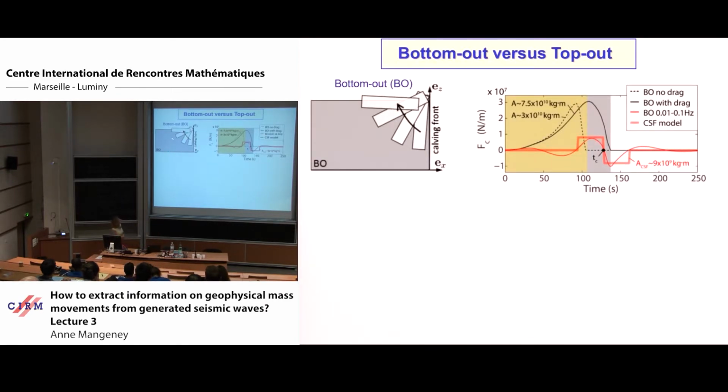And I will show you something: before, people were thinking that bottom-out icebergs gave the same force as top-out because of the model that they used. But with our model, if we have bottom-out, it was the big one, the first one that we see, you have this force. And if you don't take into account the drag, which is the interaction of water with the iceberg, you get this dashed line here. And here I represent the filtered force again.